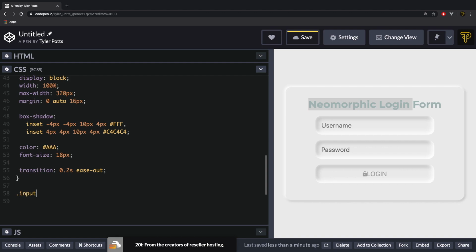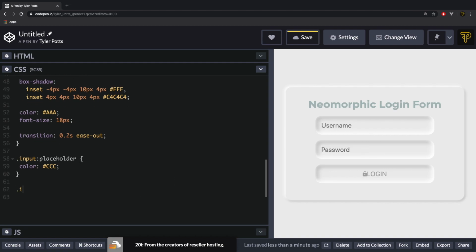We now want to get the input placeholder. And I'm just going to say here color CCC. Hit save. Okay, so now we've got this, so we can say hello world and then password, password, password. There we go, that's looking good. But when we focus it, it doesn't actually do much. We actually want to add an input focus. We're going to say input focus,